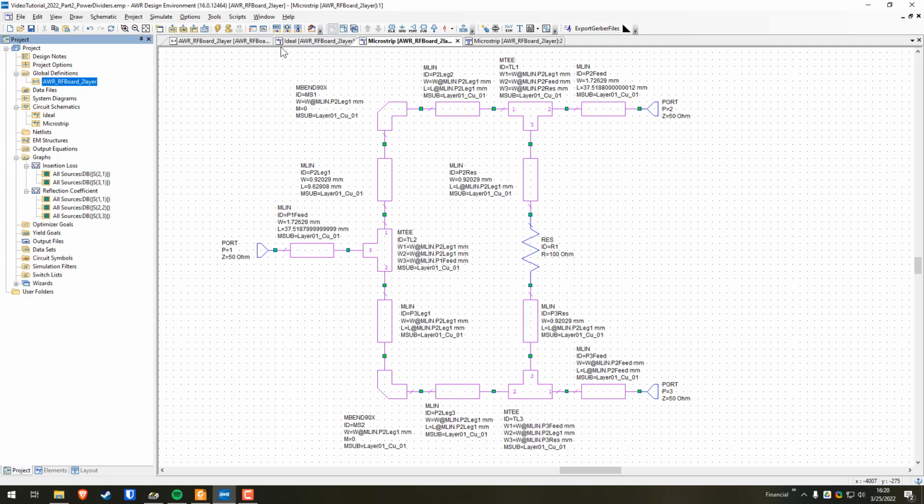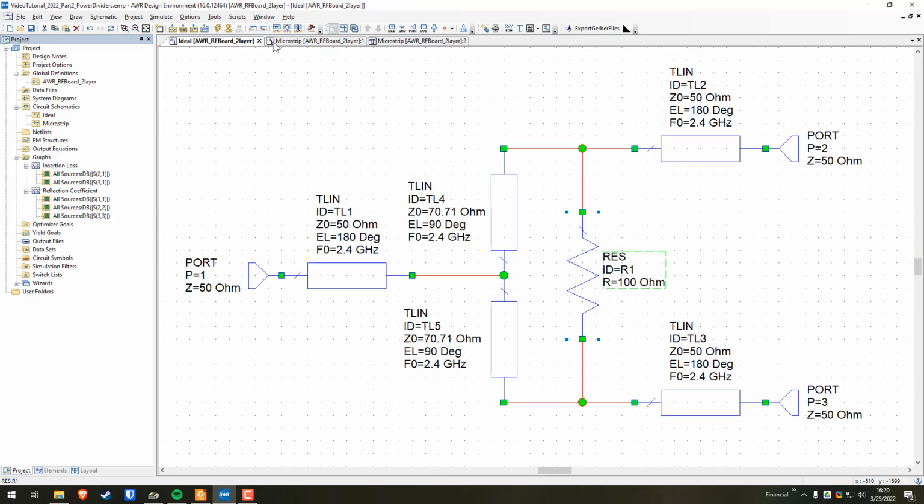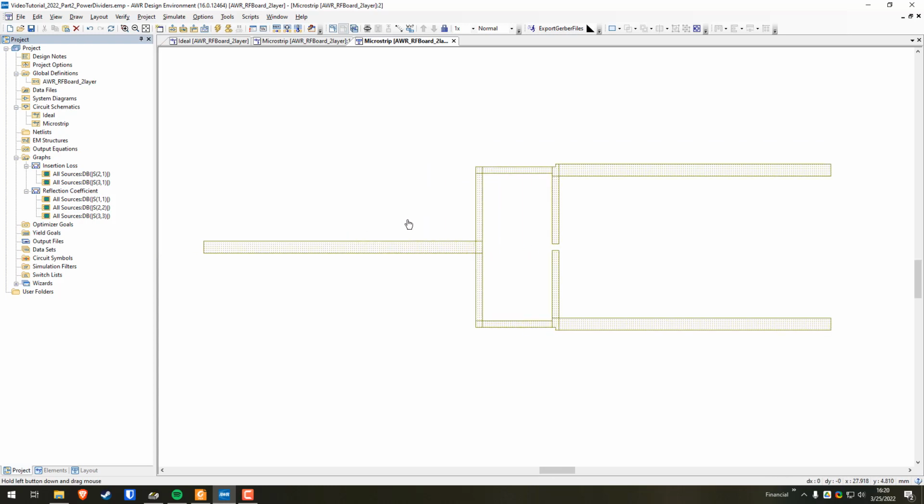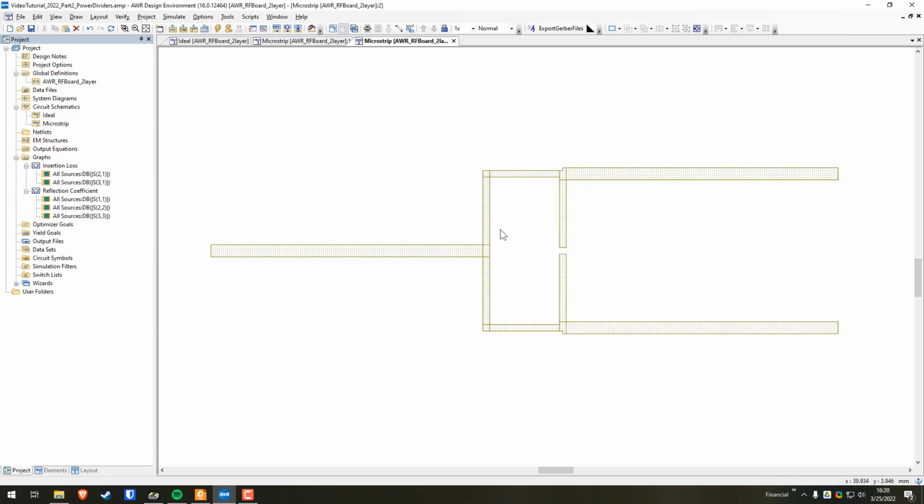Now the cool thing is, again, we now have the microstrip representation. This is the physical layout of it. Okay, so again, you have the feed line, go up the leg, right? This is your root 2 of 50 leg, the line that feeds the resistor, where the resistor is going to go here. And then you have your exit line or your feed line,